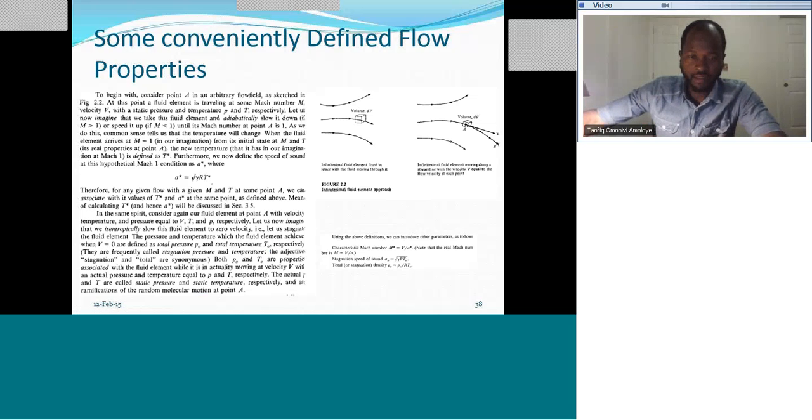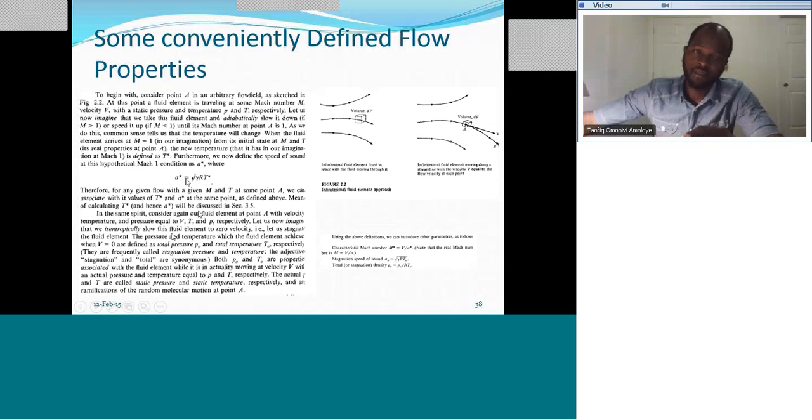And then there are actual properties associated with the fluid element while it is in actuality moving at velocity V, with an actual pressure and temperature equal to P and T respectively. So even though the fluid element is moving with some real value of pressure and some real value of temperature, we can associate with it at that point some stagnation properties, like the stagnation pressure and the stagnation temperature. At that point in time too, we can also associate with it